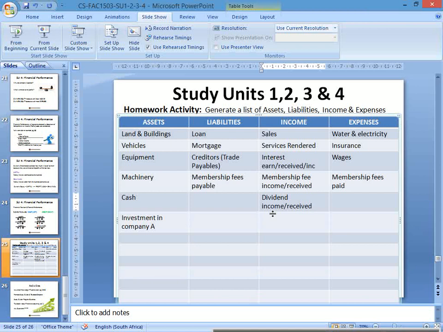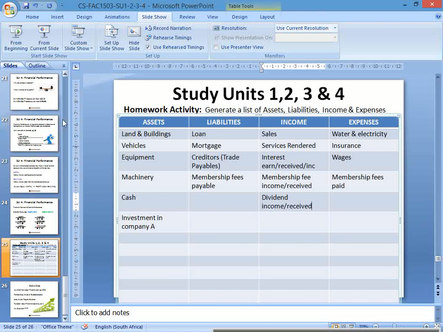Right, and there's a lot. I mean, this list will get bigger and bigger the more accounting you cover. So the list will only be so big in this module. In the next module, whenever you see accounting again, the list will get bigger, purely because you cover more accounts, different accounts that we need to account for. Makes sense? Okay. Right, and that's the first study unit.